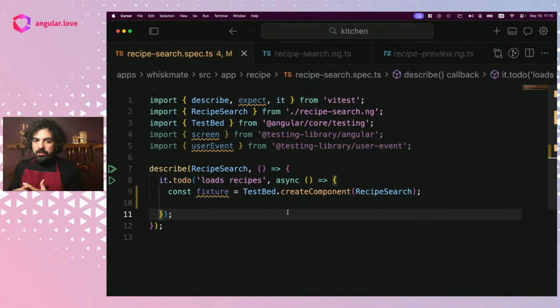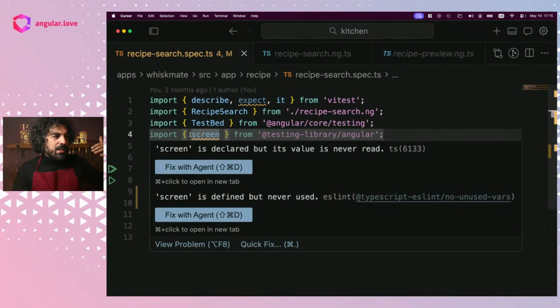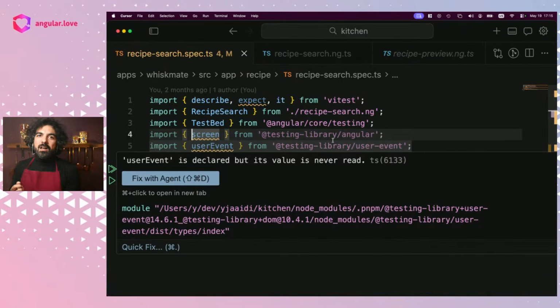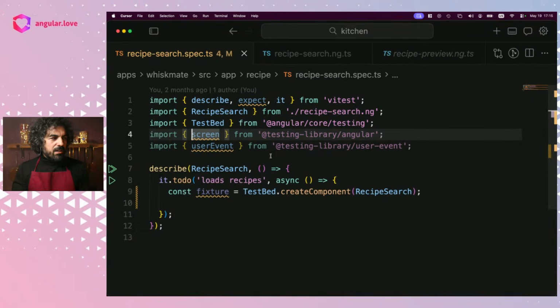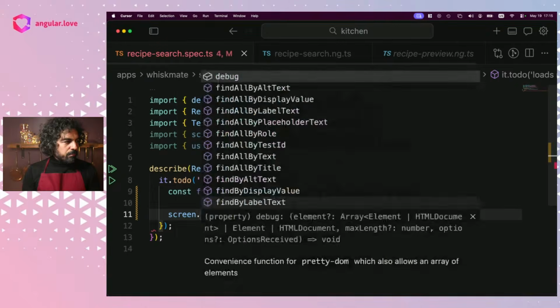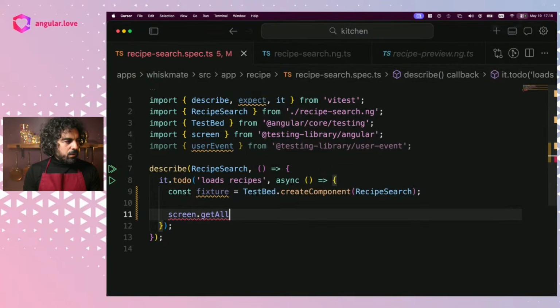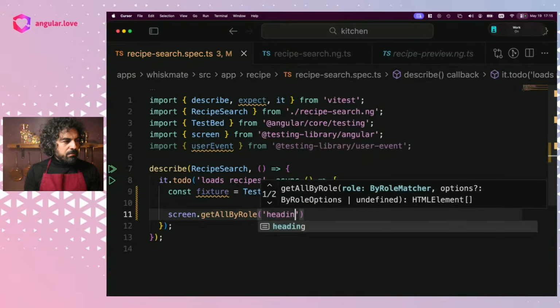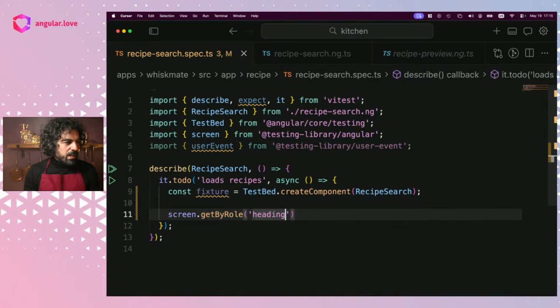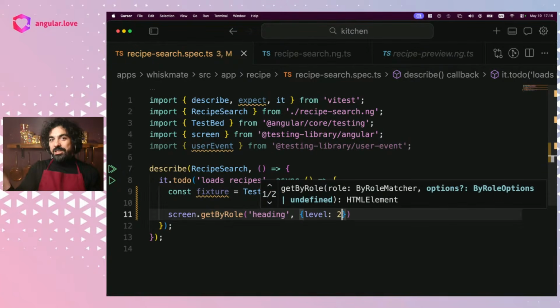But one thing that was common with Jasmine and Jest, and I highly recommend it, even though now we're not going to use it from now on, is that previously we were using this testing library, an open source package that was initially designed for React by Kent C. Dodds. And then there's an adapter for Angular. And here, the cool thing is that you can query the DOM by just saying get all by role, and I can find all the headings that are displayed, or I can say, you know what, just find the first heading with level 2, which is an H2,